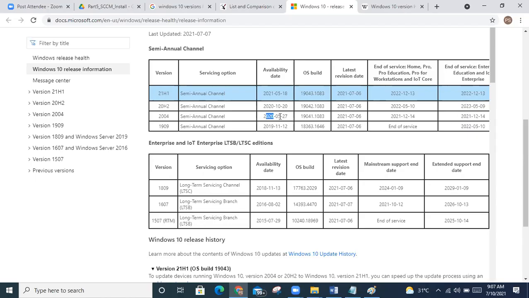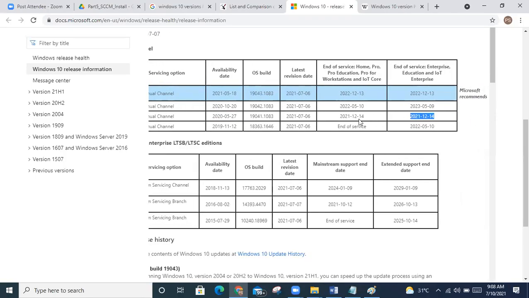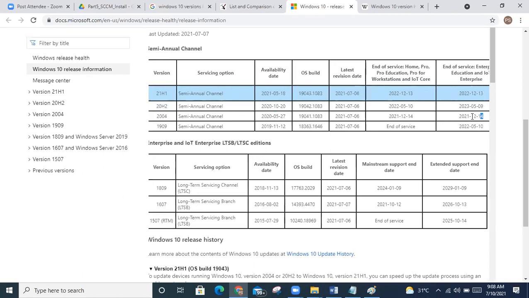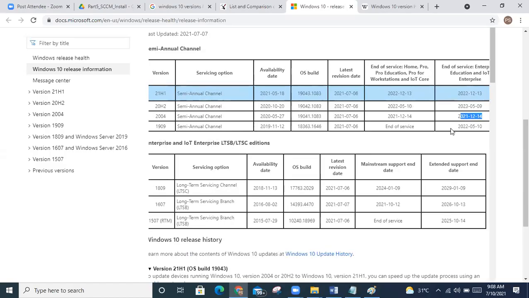If you see 2004, what is the difference between this date and this date? May 27, 2020 to December 2021. How many months is it coming? 2022 May, 1 year. Availability and end of the date. How many months difference is coming from here to here?